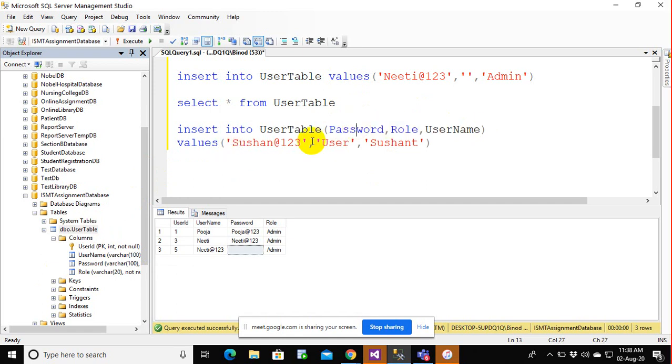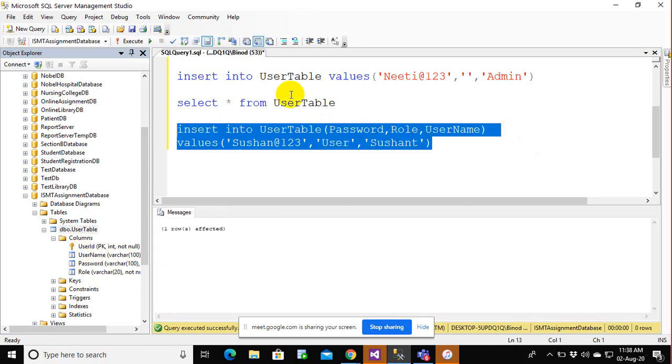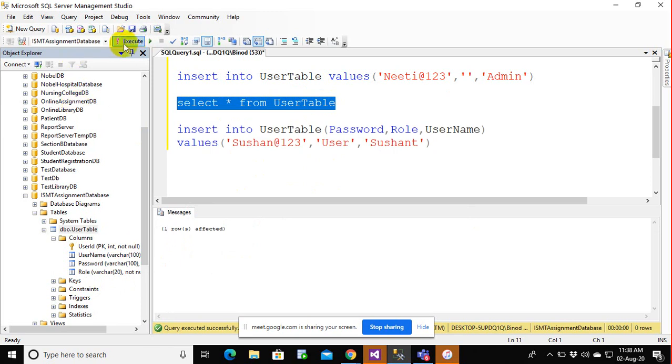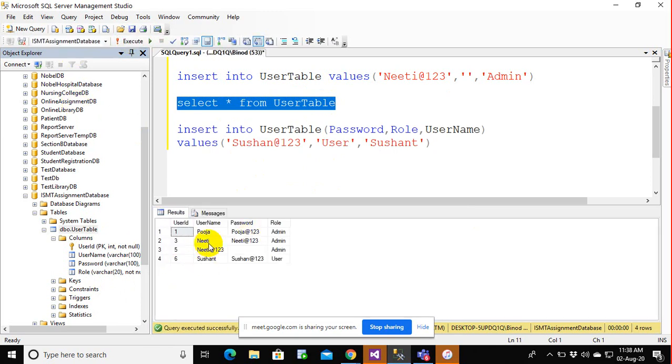The first is the password, so I can provide the password here. Second, the role, then I can provide the role here. If it is a username, then I can provide the username here. And if you are not going to use a field, then it is automatically taken from the order that you have defined in the database. So let me execute this and select all the users. This is exactly in the format we want it: the first is a username, the second is a password, and the third is a role.